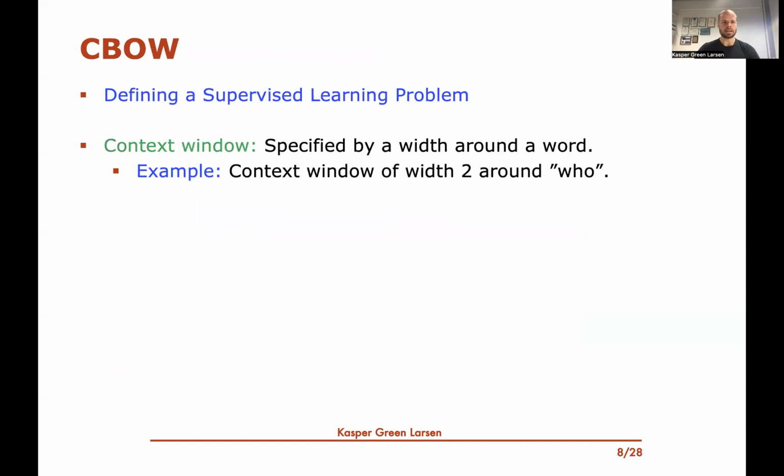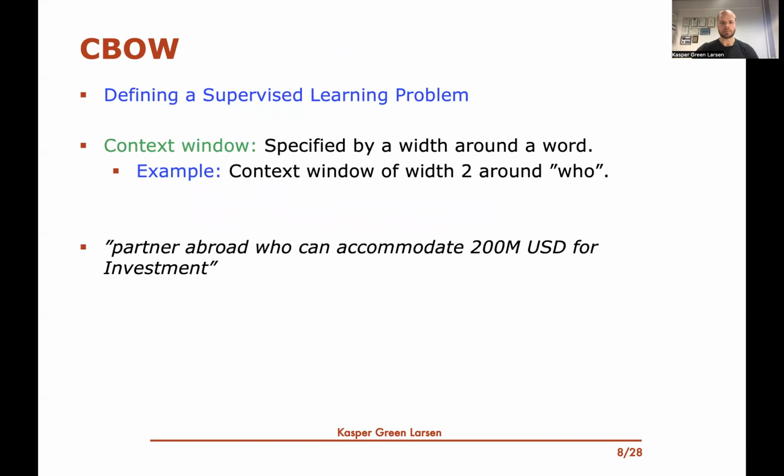So CBOW, or continuous bag of words, is a way of basically turning this task of learning word embeddings into a supervised learning problem. Similar to the co-occurrence matrix, we're going to have context windows, and context windows are again specified by a width around a word. We could, for instance, have a context window of width 2 around the word who in this email sentence